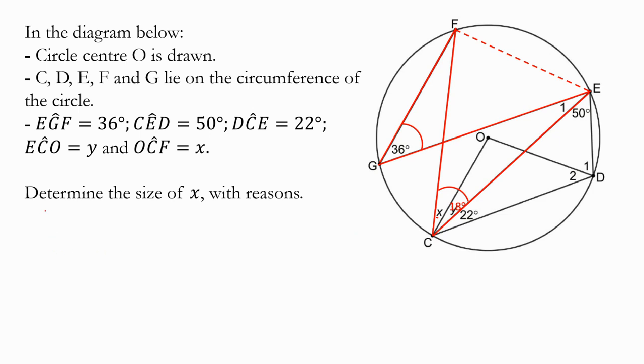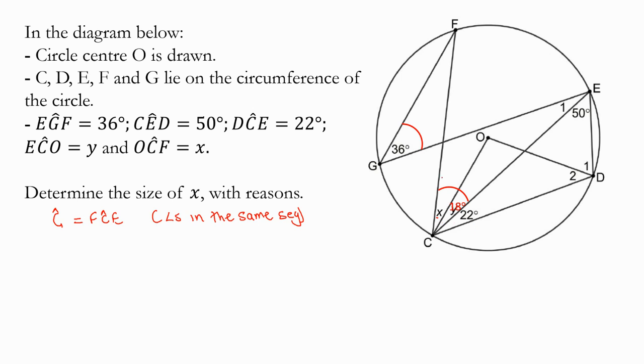So let's write that. Angle G is equal to angle FCE. Right. What's the reason? Angles in the same segment. Angles in the same segment. Okay. So they are equal. These angles are equal. So now we can say